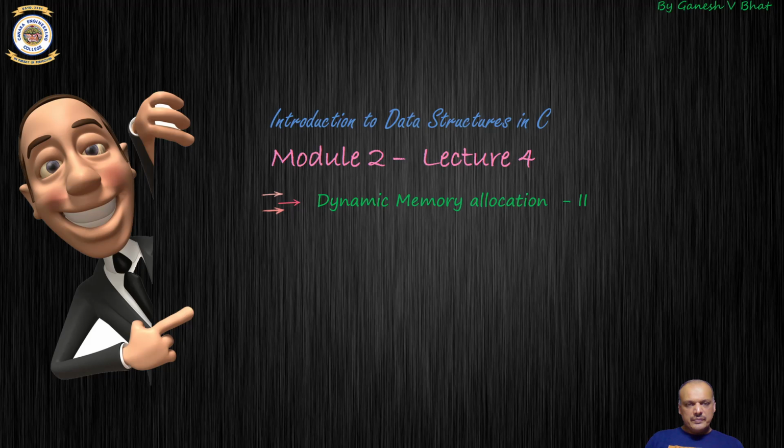In my previous video, we had looked into what is dynamic memory allocation, where can we use them, what are their advantages, and how are they different from static memory allocation. In this video, we will be looking into some more concepts and the usage of dynamic memory allocation and how these concepts can be used in C programming. So let's get started.